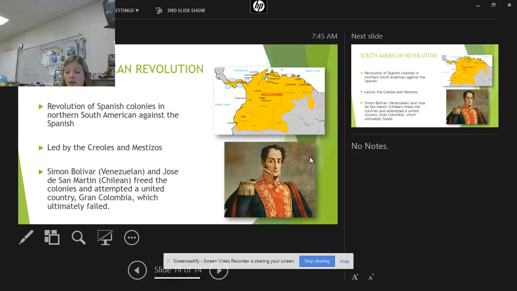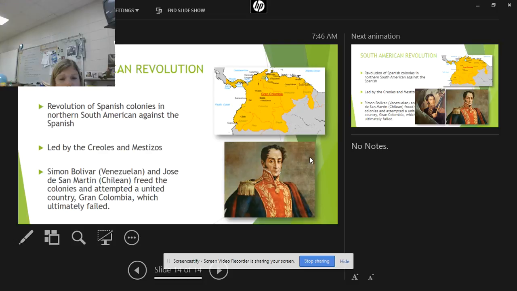Okay. And then very similar to that, we have the South American revolutions. South America, this is mostly going to be northern South America, the Spanish colonies of Venezuela, Chile, Colombia, Peru, Ecuador. They're going to start fighting back against the Spanish about the same time as Mexico, about 1811. And this kind of coincides with Napoleon fighting with the Spanish and the Portuguese, so it worked well for them. Napoleon was busy keeping the Spanish busy, so the Spanish colonies could fight back.